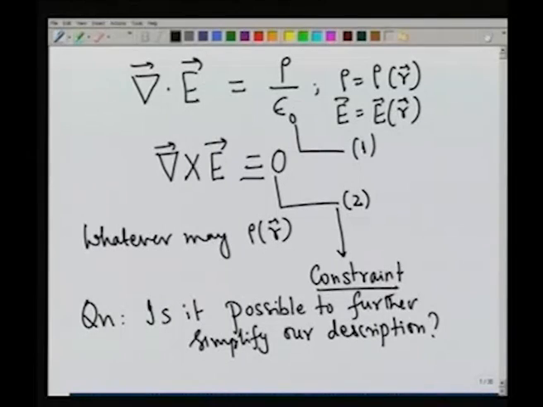Since there is a constraint which relates different components of the electric field, curl of E equal to 0, I ask myself whether it is possible to introduce lesser number of fields. My electric field is a vector field, it has 3 components, Ex, Ey and Ez. Now, I ask myself whether it is possible to introduce less number of fields, a simpler field from which E can be determined and curl of E is automatically satisfied. The answer to this question is something that you know from your mechanics and from your vector calculus. So, I am not going to delve into it in any great detail, but let me just repeat it for you for the sake of completeness, for the sake of clarity.